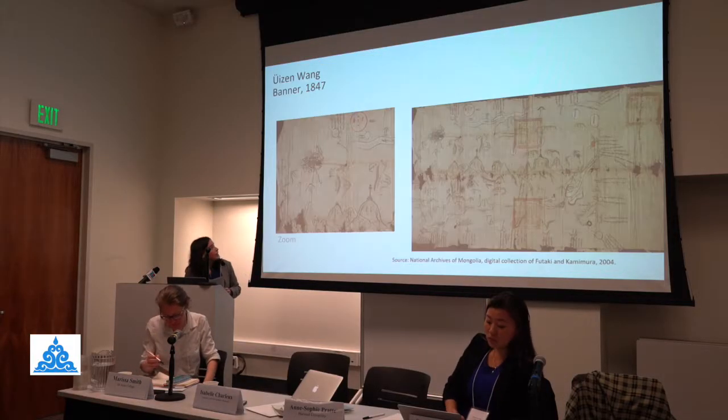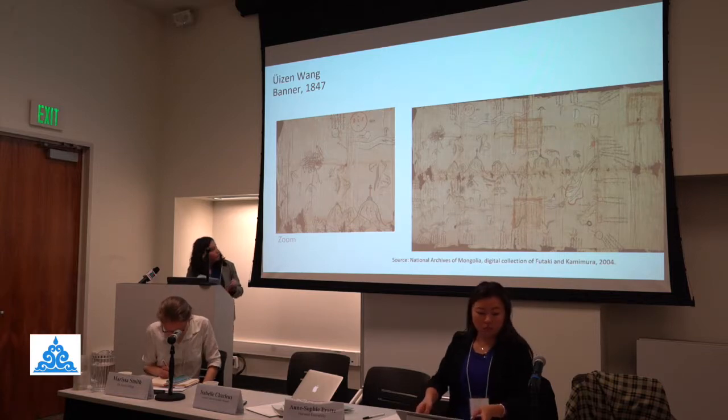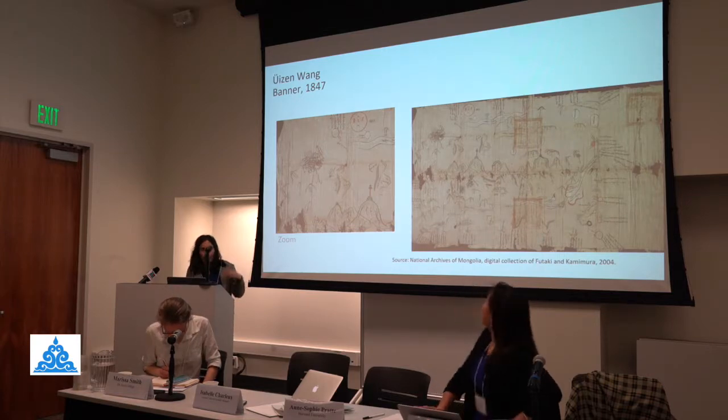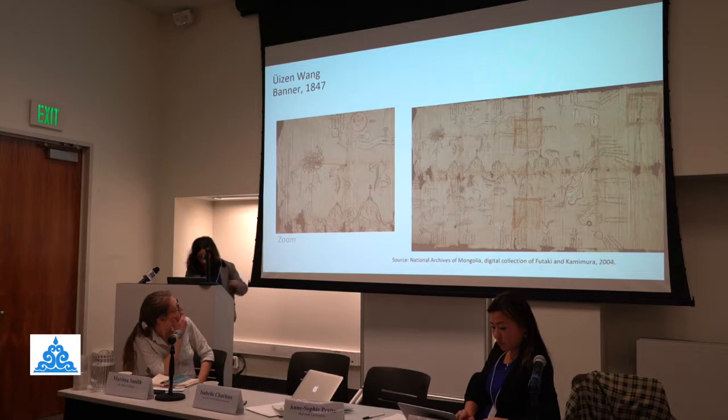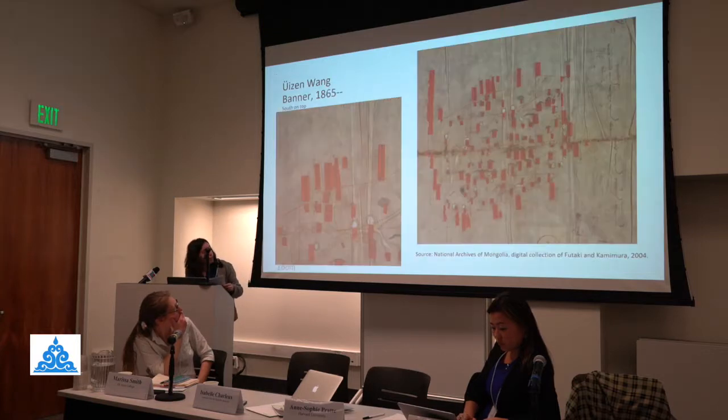Ovoos appear on this 1840s map, but they're not yet systematically listed or numbered, or they don't yet follow the kind of cardinal 24 directions that we saw on Isabelle's map. And again, the topographic features take a very large space on this map. So now the shift happened. Here's a 1864